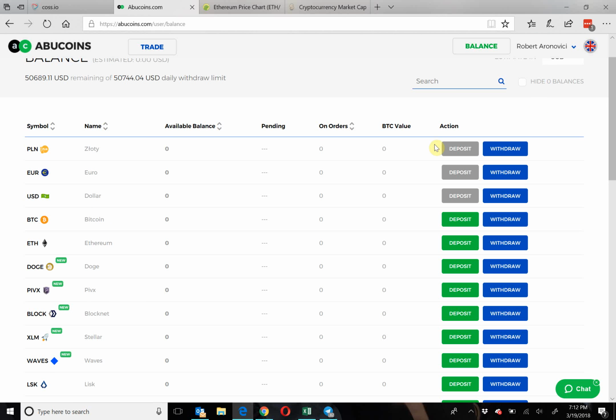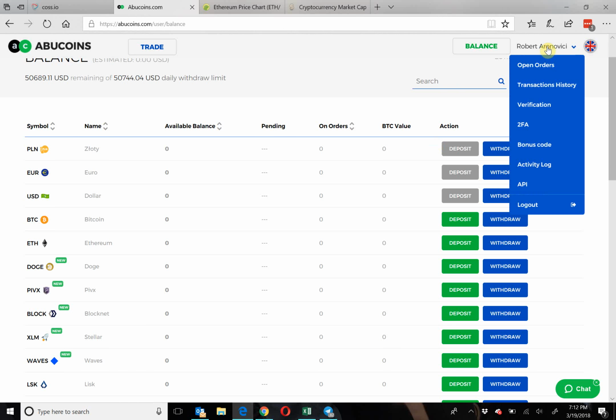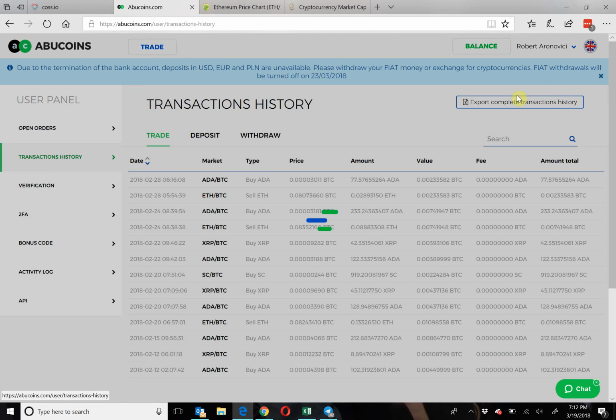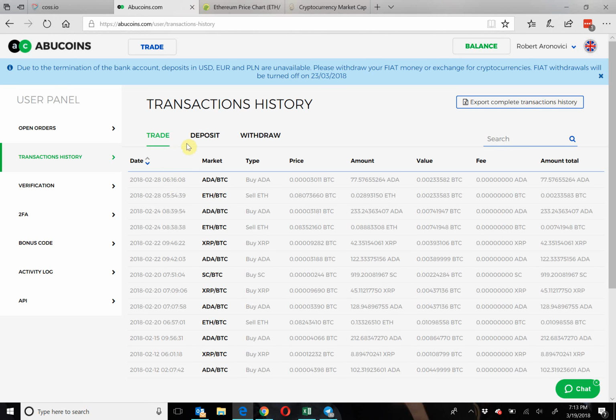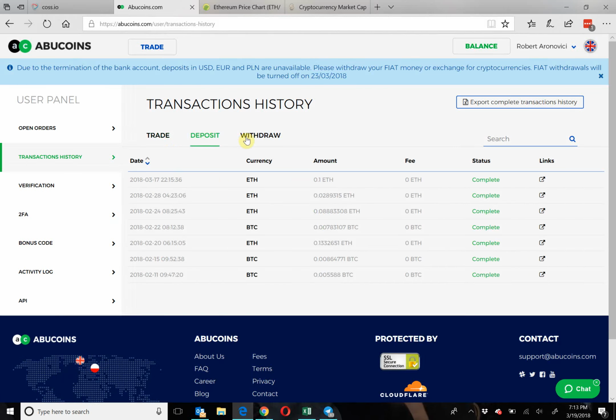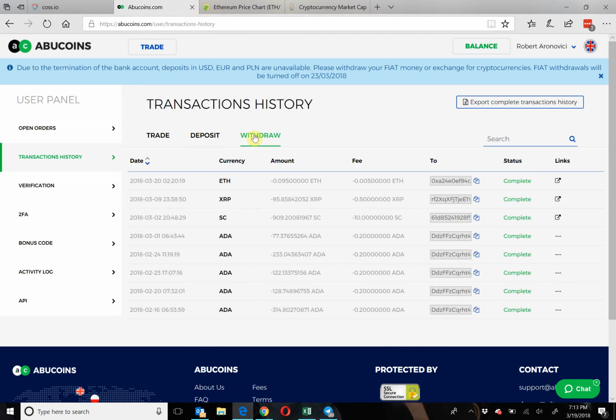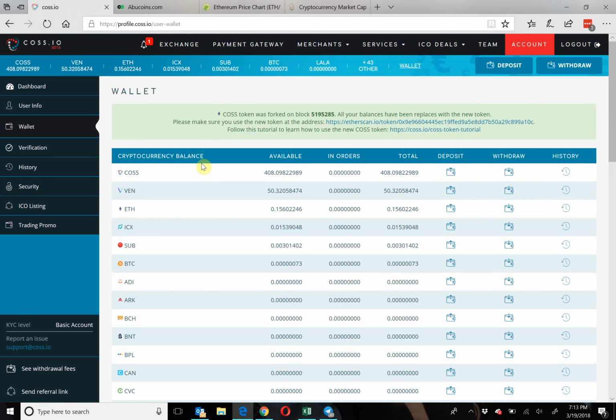Or most of the time, on the exchanges, you would be able to go to transaction history, and they should have a breakdown of trades, deposits, withdrawals, and you can see various actions and go to the actual blockchain to see what's happening. So that's one cool feature to use,